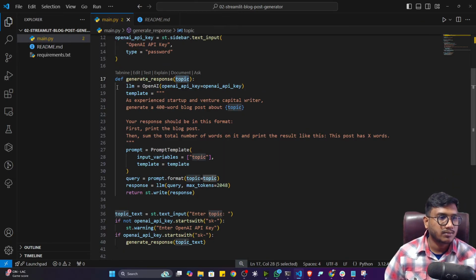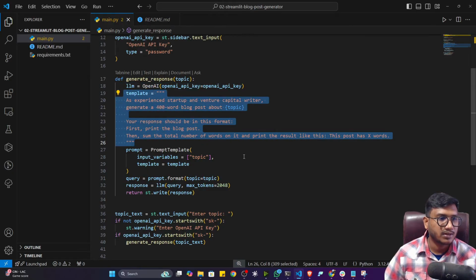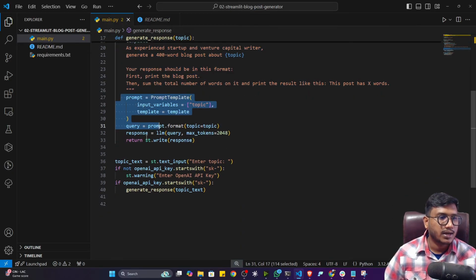So it will take the topic name, it will initialize the LLM. This is the prompt I have given. Okay, this is the prompt template. And after getting the prompt template, I'm passing it to my LLM. Okay, and here I'm specifying how many tokens I need, and whatever response I'm getting, I'm just writing on